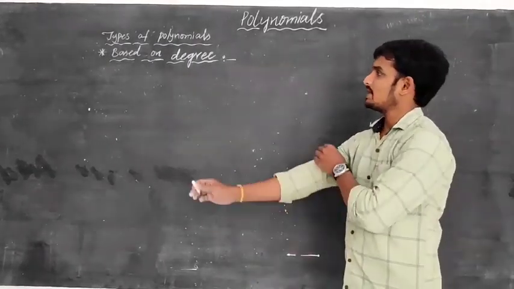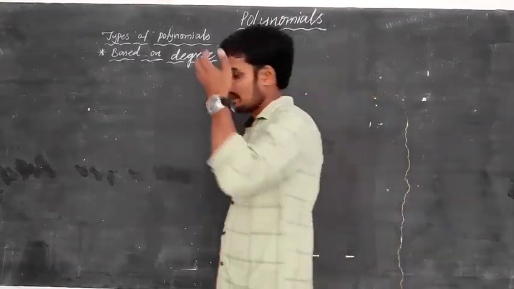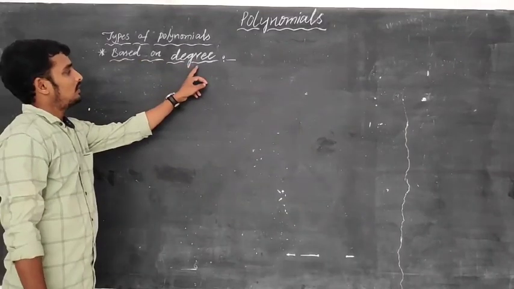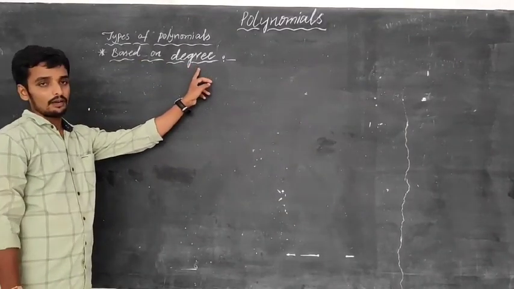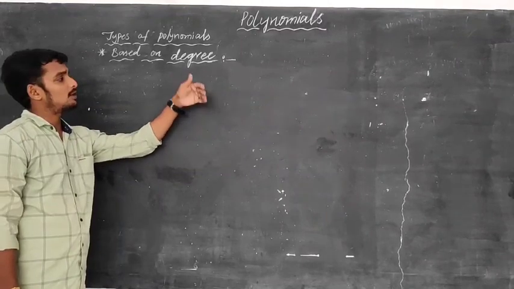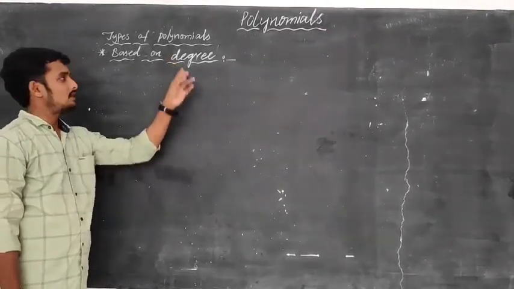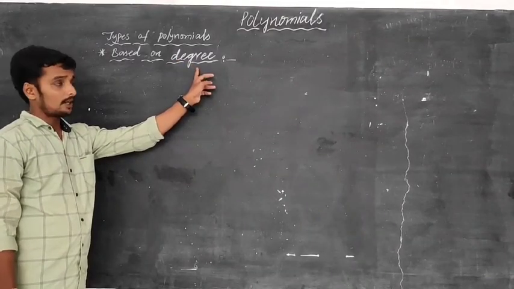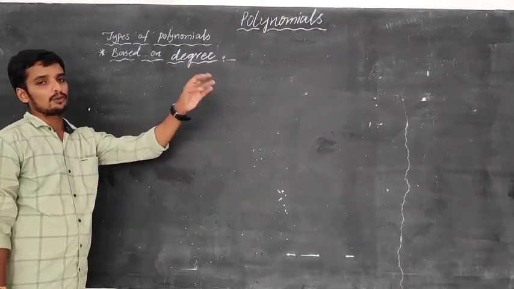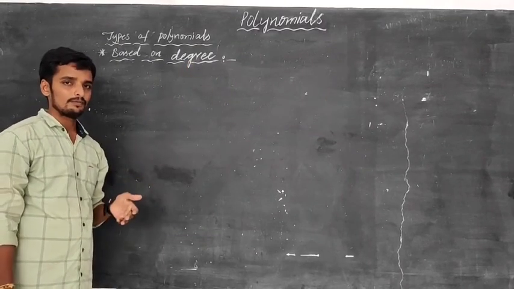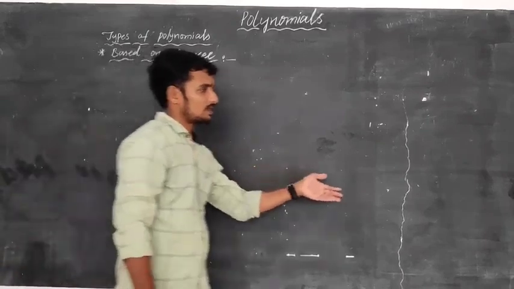Next topic, that is based on degree. First of all, do you know the definition of the degree and how can we find the degree of monomials, binomials and more than monomials? That means, can you find the degree of a monomial and the degree of other than monomials: binomials, trinomials and multinomials? Can you do it? I will explain some examples here.